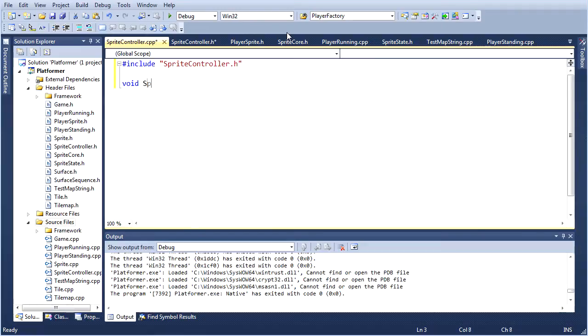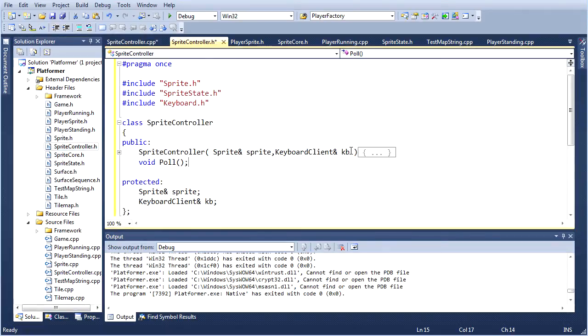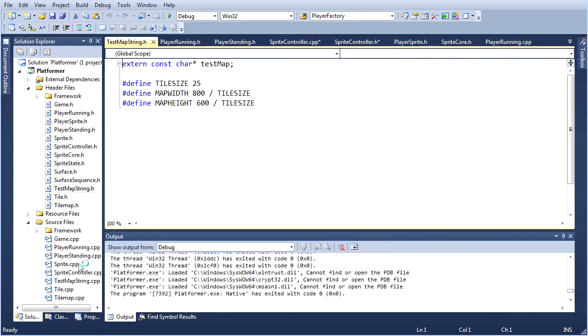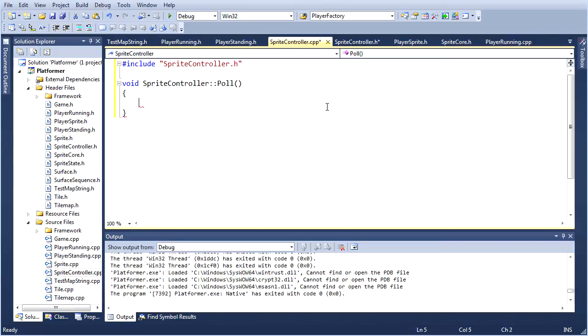So void SpriteController poll. KB. You know what? Forget KB. Where's my Sprite controller? Here it is. KBD. There, because that's what I call it in main, and I'll probably mess myself up by mistyping it all the time. Okay, back to where I was. Yeah, keyboard. Alright, so on the poll,